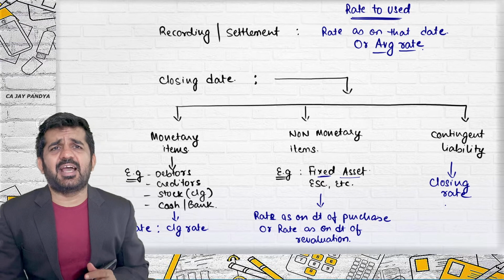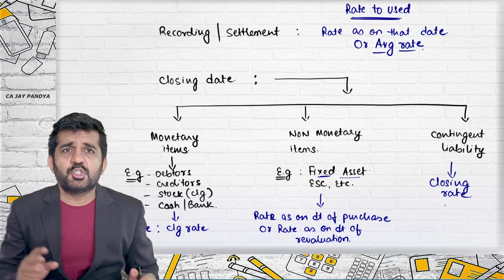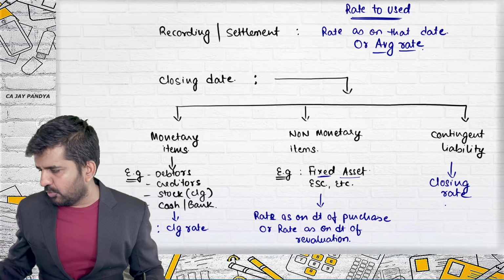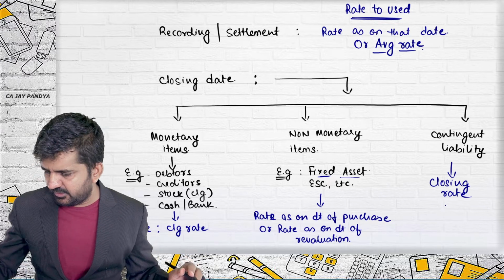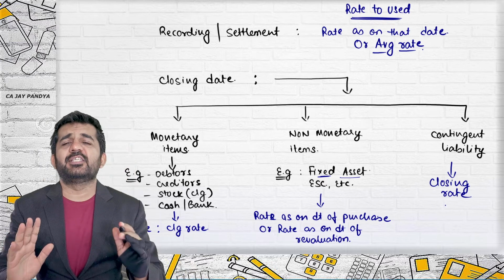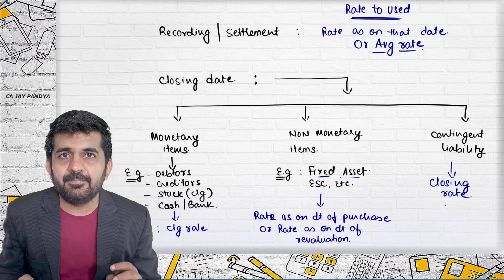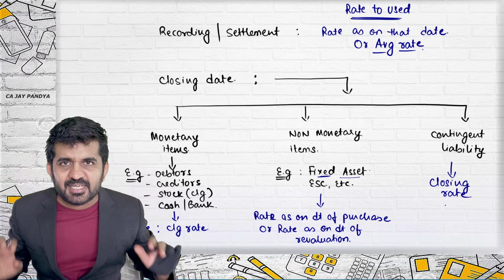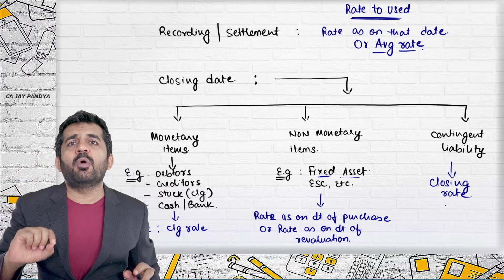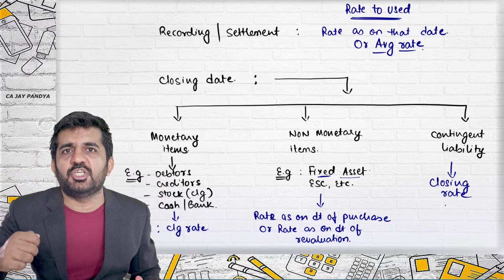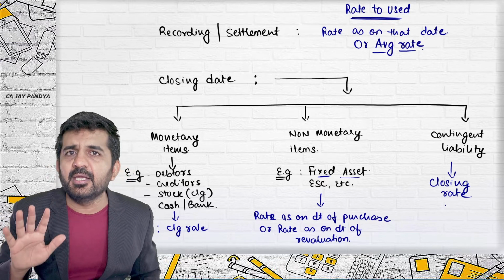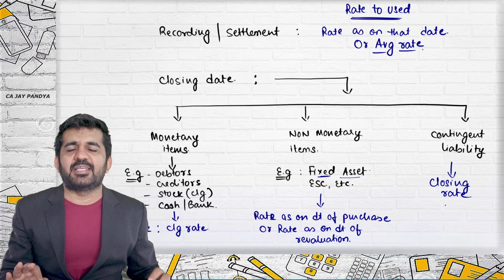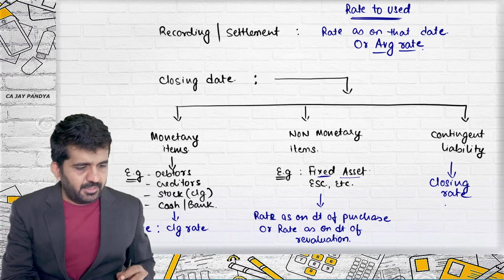What is contingent liability? There is a full-fledged AS 5 on it. So I'm not discussing what is contingent liability over here. But the rate that will be used is closing rate. So this is how you will be dealing if your business is in India and you are having some foreign exchange transactions like import and export by an Indian entity. This full concept will be used, and there is one more thing that is to be understood.